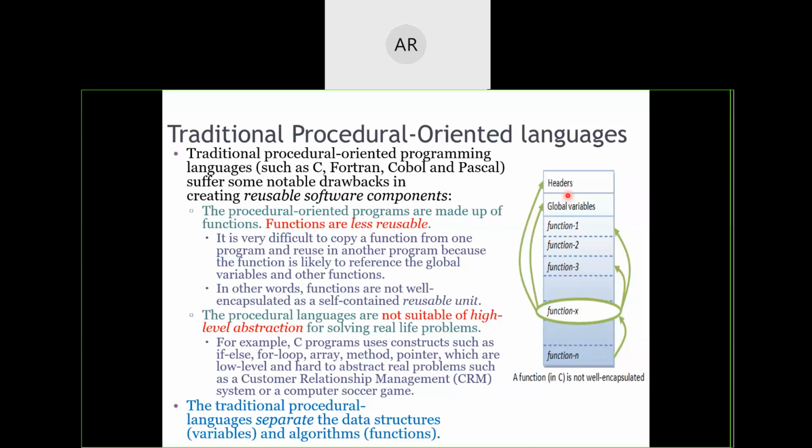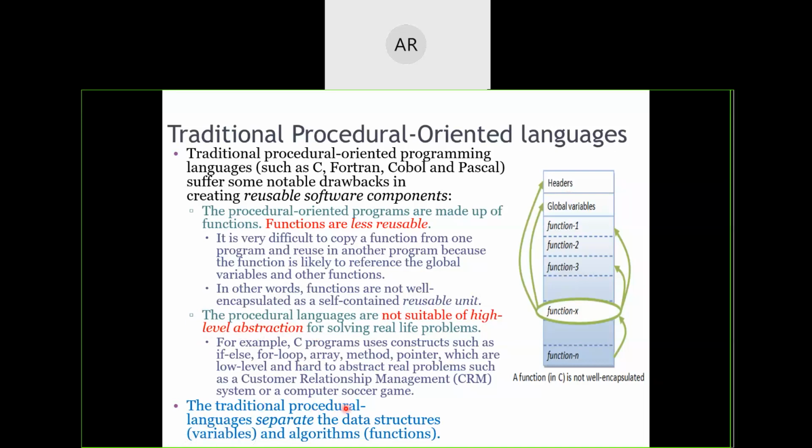When I say object, I mean the variables inside that particular object as well as the functions that are being performed by the object. But if I say function 1, I mean only that particular function 1. I'm not going to talk about what other variables are going to be there. But when I say object 1, that means whatever functions and whatever variables are there in that object, I'm going to refer to them. That's called high-level abstraction.